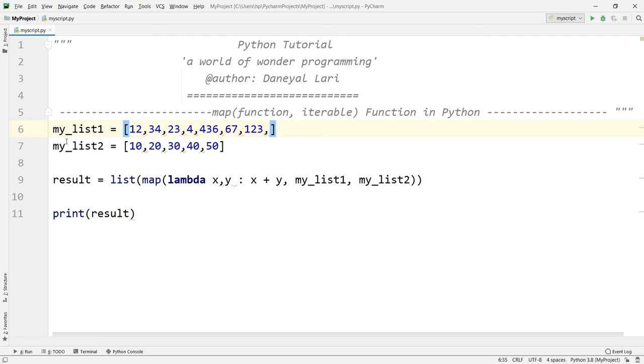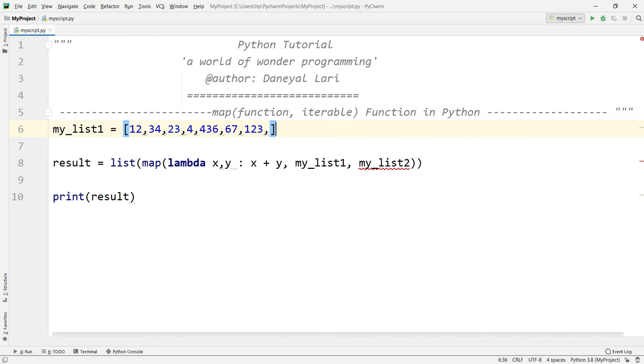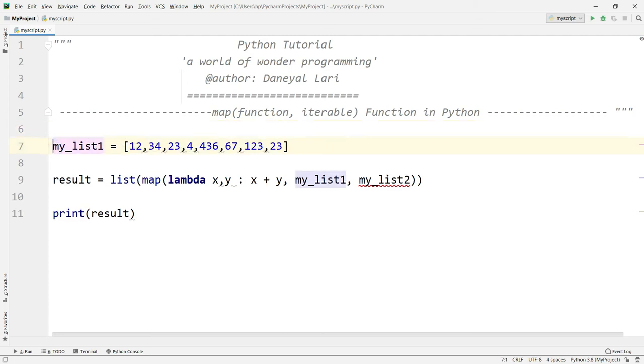Okay, what I want to do, I have a very large number of elements in my list, and I want to perform that filter and give me only those values which are greater than 5. So the traditional way, what will I do?